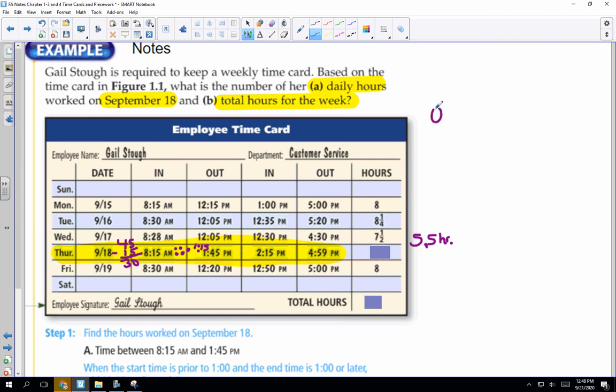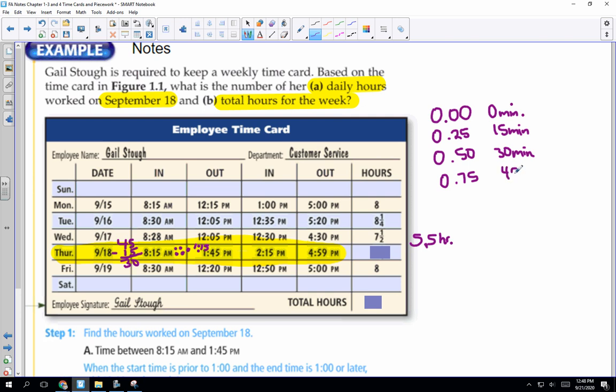So just remember: 0.00 is 0 minutes, 0.25 is 15 minutes, 0.50 is 30 minutes. If you don't have this written down, you do need to; this is super valuable. 0.75 is